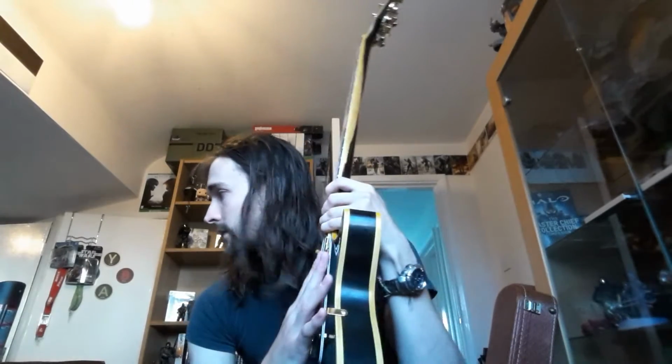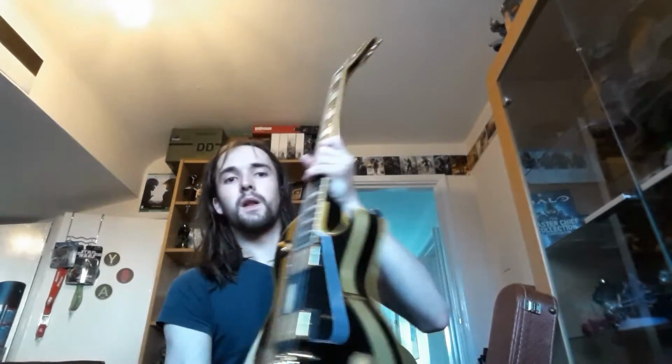I needed to set it up a smidgen, just the action was a bit high. I put it down because I usually have it very, very low. I've got an Explorer with an extremely thin neck. I have the action as tight as I can get. You can hear a bit of buzz when you're playing it acoustically, but as soon as you plug it in, you won't hear that. So I really like it crammed down. I tried to get it as low as I could. It's at a perfectly playable state now,